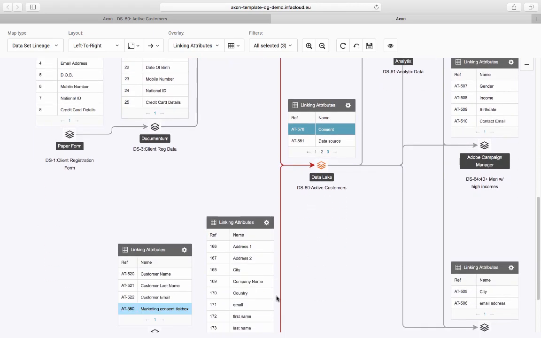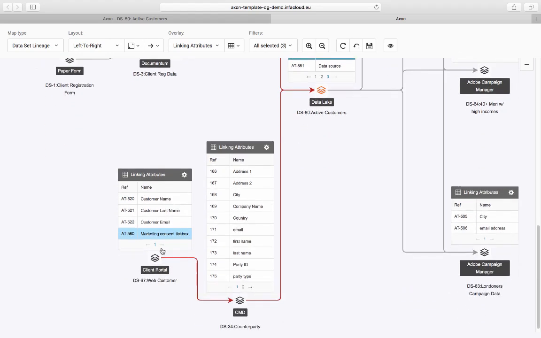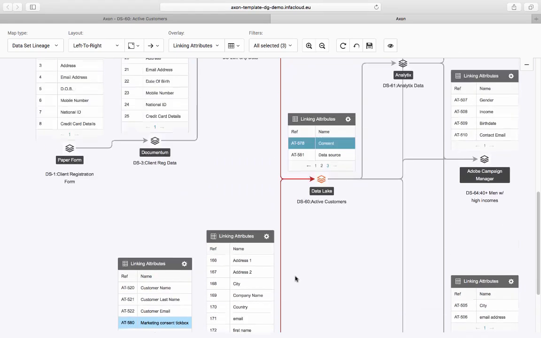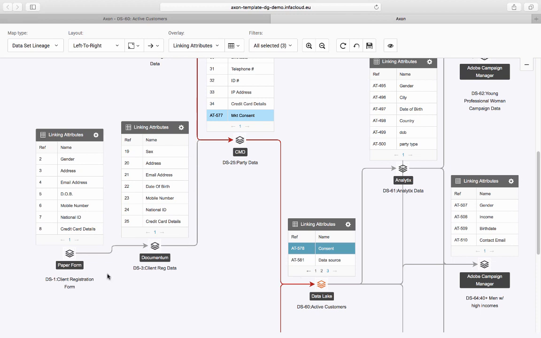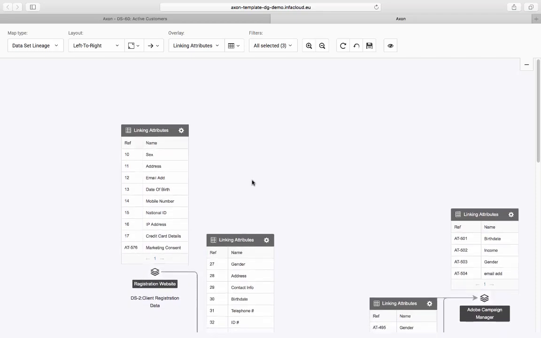We can see it is in fact traced down to the web portal, but this is a gap. So what are we going to do about this? We could try and think about filtering out the data that came in from the paper form. Now, if we return to our attributes view,